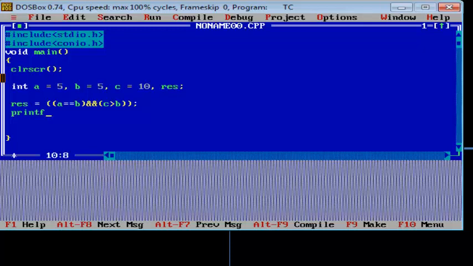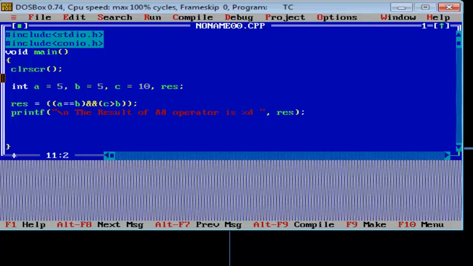Printf the result of the AND operator is, and to display the result, give the format specifier, start this line with a newline character, and after a comma, res.